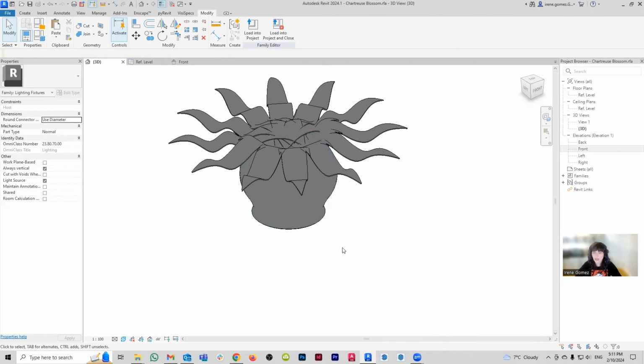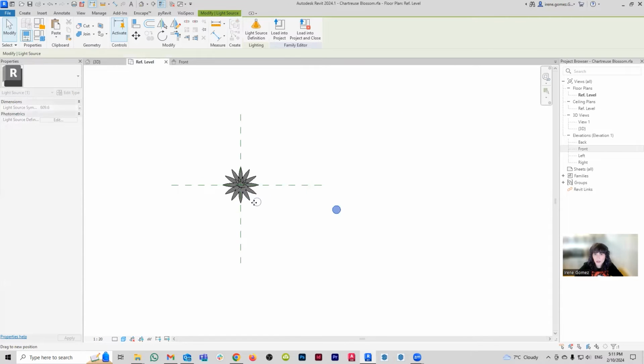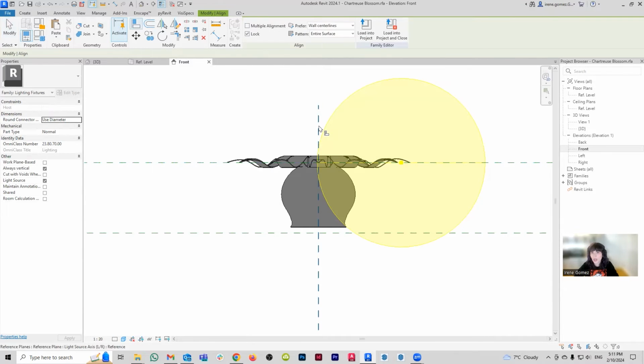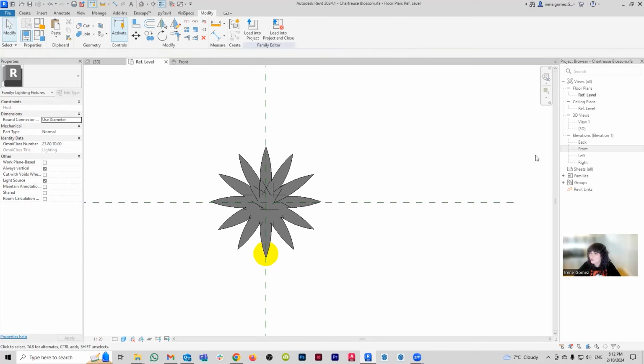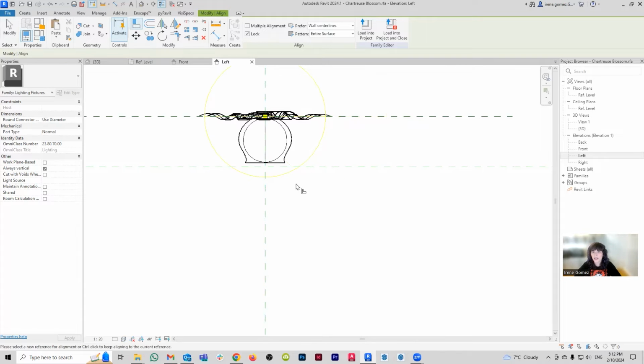And now this is going to be my base light. So I'm going to finish for now by bringing my light source back into the lighting fixture. So I'm going to go back to my top view, and remember this guy. Now this guy's going to come back to where my lighting fixture is. I'm actually going to use these views so I can align it to the center point. So I can go align, and I can say this guy to this guy, and lock. Then I'm also going to do it, I think it's already, yeah, I need to align it to this top view here. It's not showing on the front view, so maybe on one of the side views. Yes, align this guy to this guy, and it's already locked.